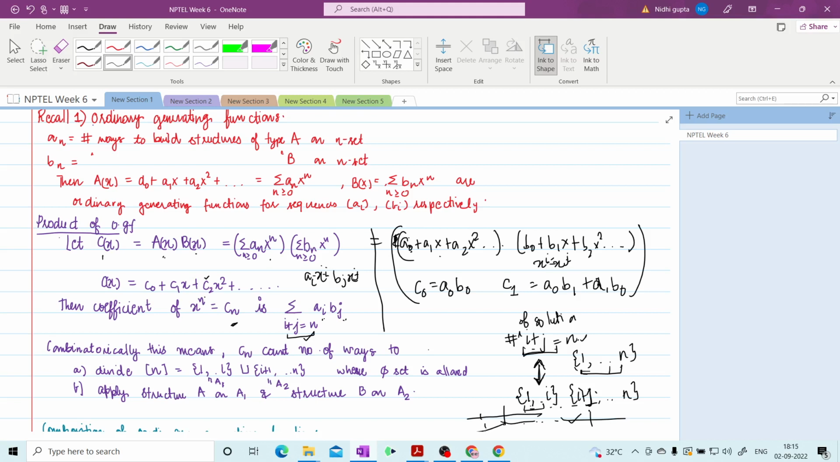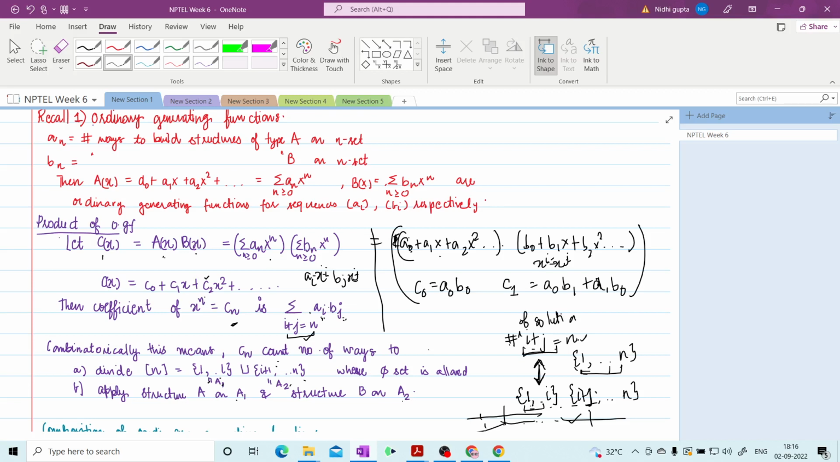And then we have a_i b_j. Once we do this, we have basically divided n into two intervals, say a1 and a2. Now we see that the order of a1 is i, and the order of a2 is n minus i, which is j. So when we multiply by a_i b_j, we are applying structure A on our first set a1 and structure B on